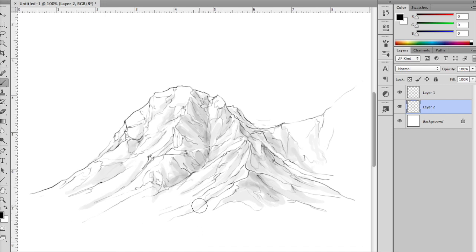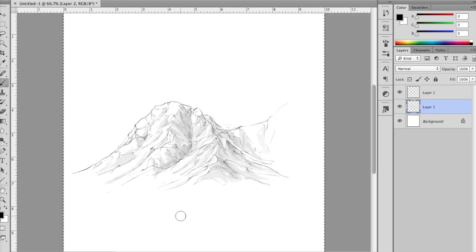One great excuse for this is go and draw a big mountain range. By the end of it, the mountains you do at the end of your mountain range are going to look quite different from the mountains